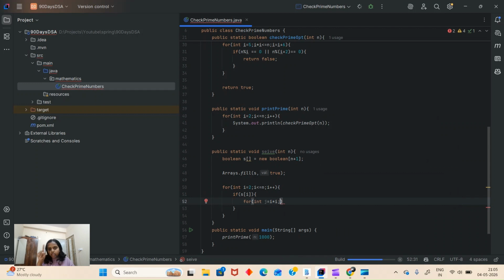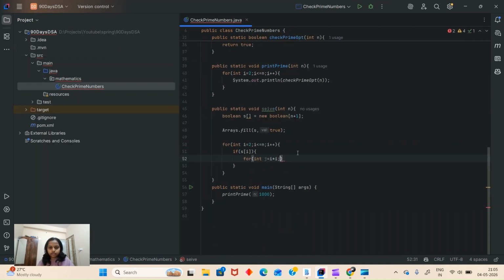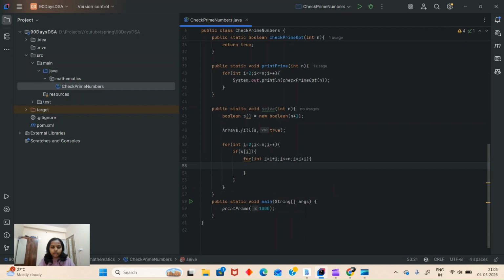Because we could have taken i plus the next element, but it was already marked false by a previous element, which was prime. Now j less than or equal to n, and j is equal to j plus i, this we know. And here we will mark s of j is equal to false.